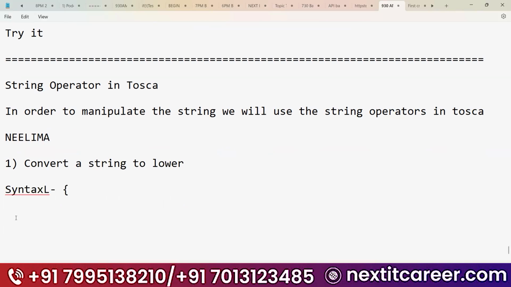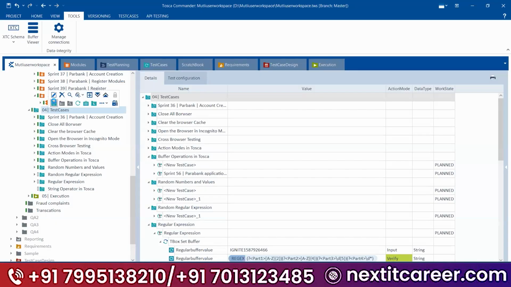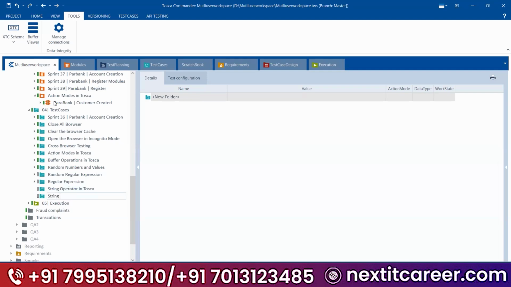Guys, you need to understand the syntaxes. From here, the syntaxes start. So slowly, when there is a usage, try to use that particular functionality. Just copy this one. What is the next topic you have? String operator. Sorry, I created the folder.